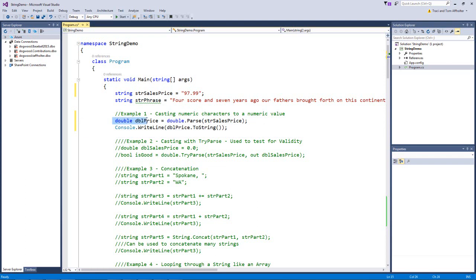So if I want to move a value into double price here, and it's of type double, the only thing that I could put into double price is something of type double. So I've got a string over here, str sales price, which is the $97.99. If I want to read that in and print it out numerically, then what I have to do is I